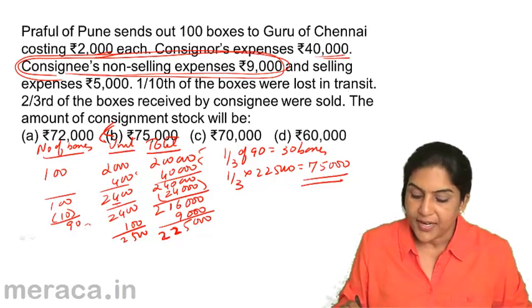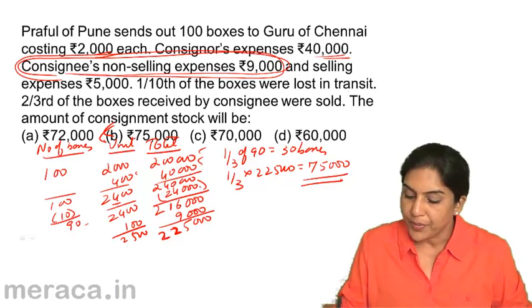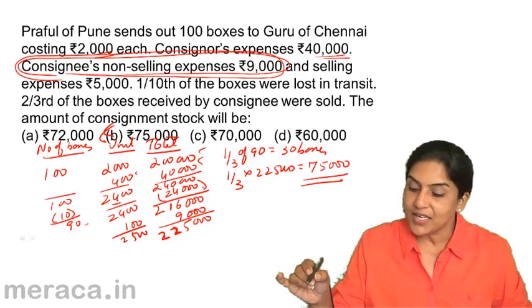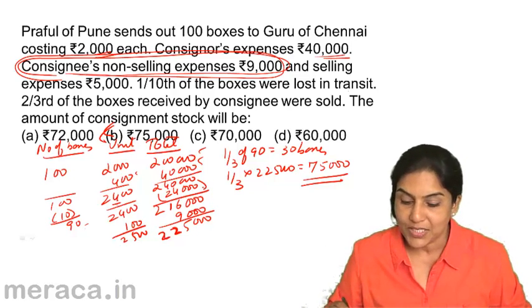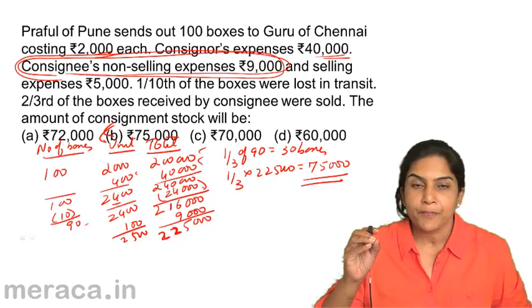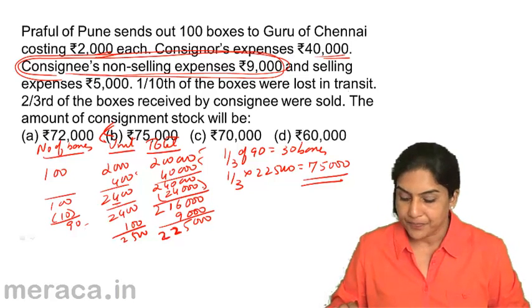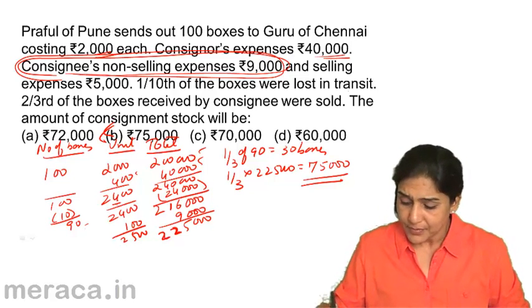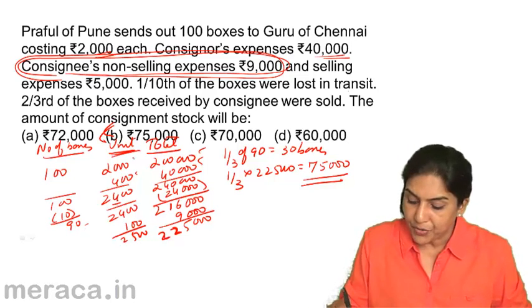So now you have only 90 boxes. What is the value of 90 boxes? It's at the rate of 2,400, 24,000 goes out, you have only 2,16,000. Next, what happens? Next, consignee incurs some expenses, that is 9,000 expenses. Since they've mentioned it's non-selling expenses, we assume it is direct cost, expenses incurred in transporting. They are expenses incurred before the goods reach the warehouse of the consignee. If that is the case, total cost is 9,000, but we have only 90 boxes, therefore per unit cost is